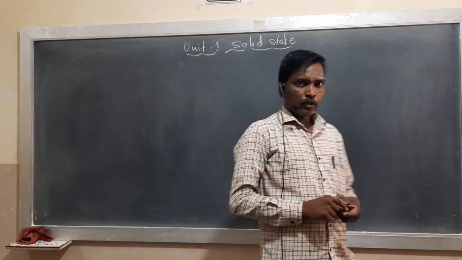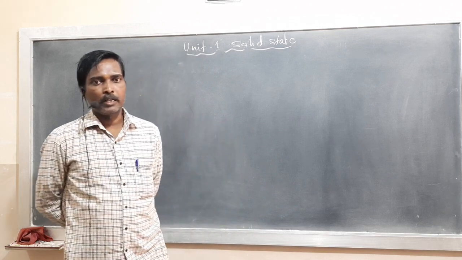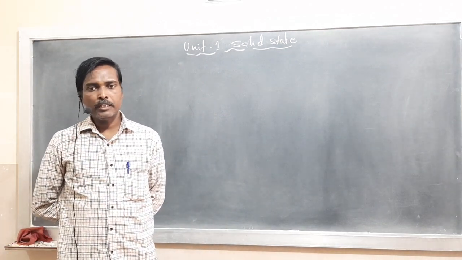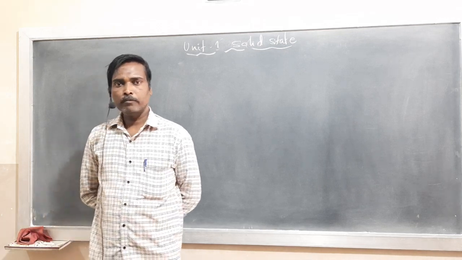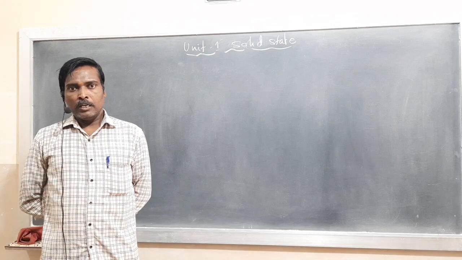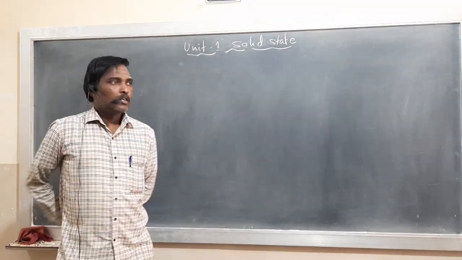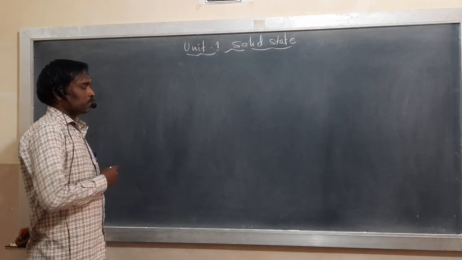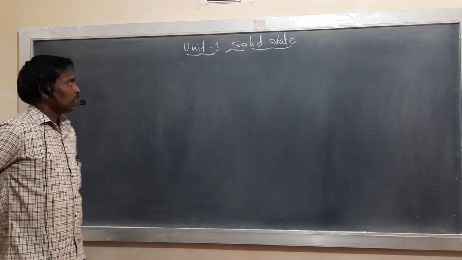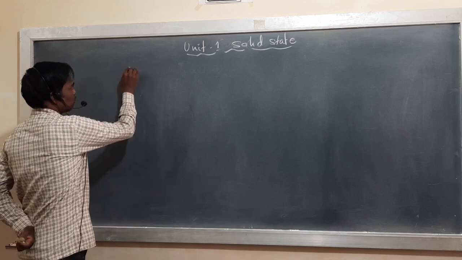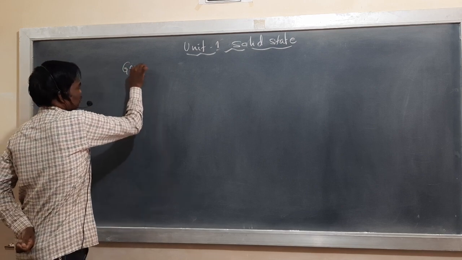In this chapter, we study in detail the arrangement of the particles, that is the molecules, ions and atoms in a molecule, the shape of the molecules or the shape of any solid substance, and the geometry of the solid substance. In detail we study that solid state, and before that let me discuss some general characteristic properties of these solids. Let me write general